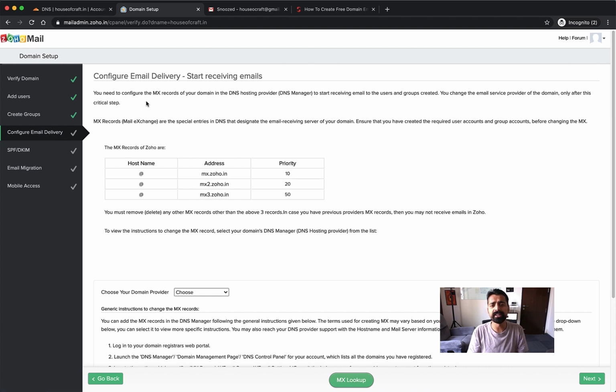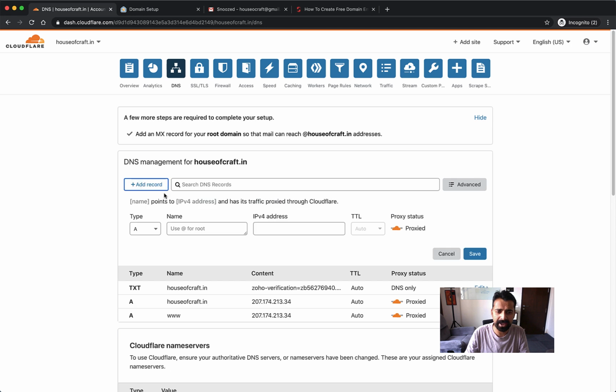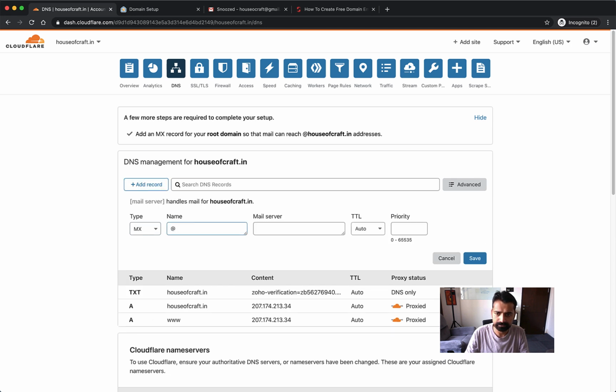Now to make sure that the email goes through, you need to add this MX record at your DNS level. So let's do that on Cloudflare. First, the name is @ for MX. So this is the MX record. Select MX and set the priority to 10.